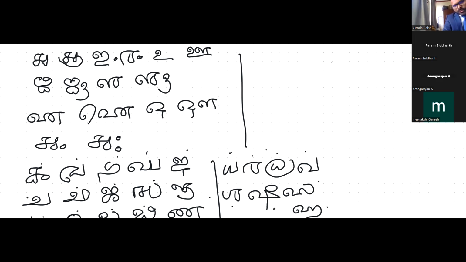bhi, bu, bhu, bhu, br, bhr, bhl, bhe, bhai, bho, Bhav, and you have hum